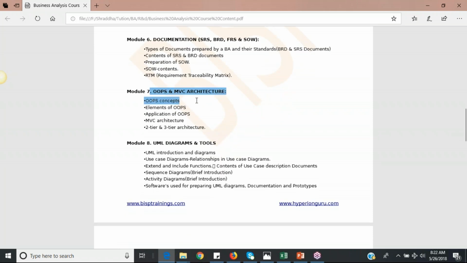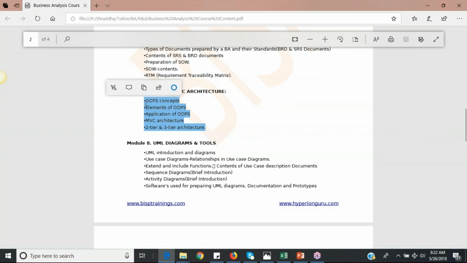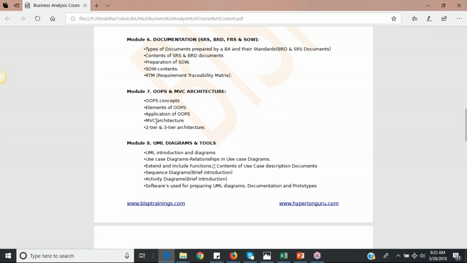Some basics of OOPS concepts that are helpful in the IT organization, like what is the object-oriented concept, what is polymorphism, how MVC architecture works, what is two-tier and three-tier architecture. Those are general concepts used in any programming language.